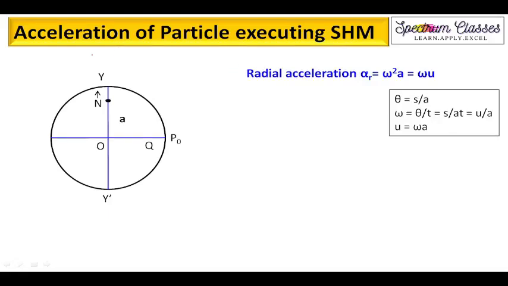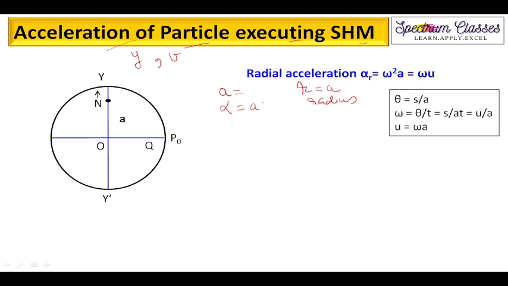In this video, we are going to discuss acceleration of a particle executing simple harmonic motion. This video is in continuation to my previous video where I have discussed displacement and velocity curves. Here, this acceleration is represented by alpha, and radius, which is here used as a. So a is radius here